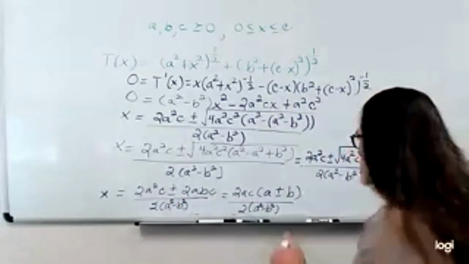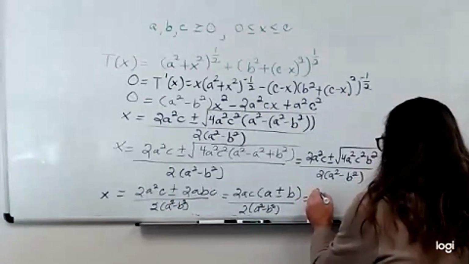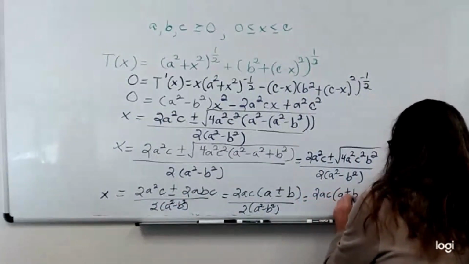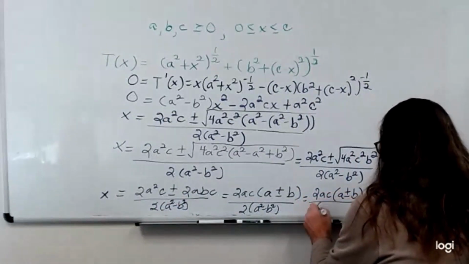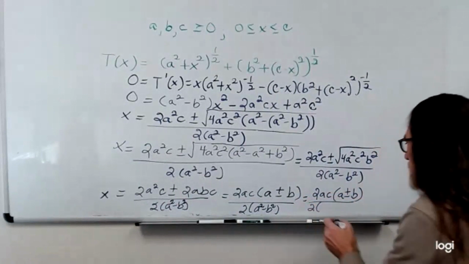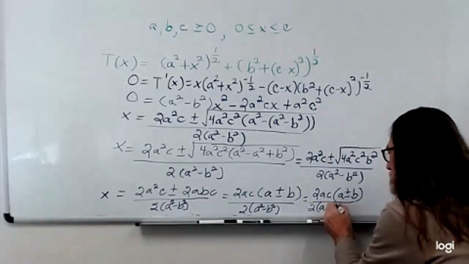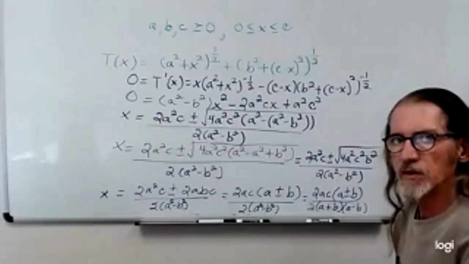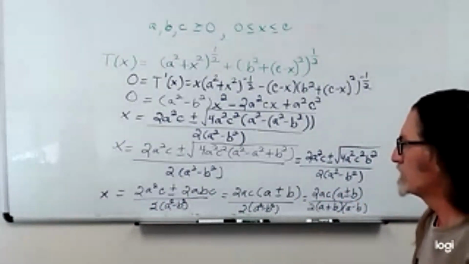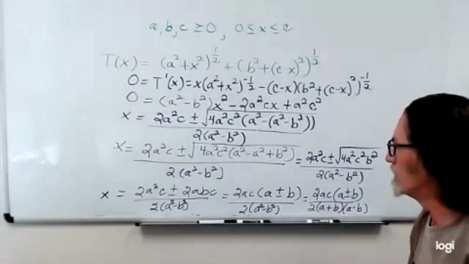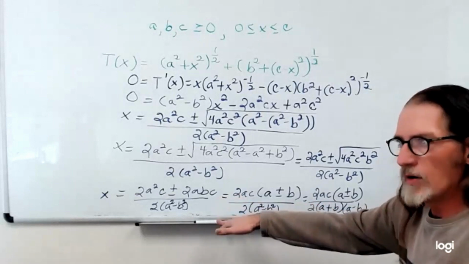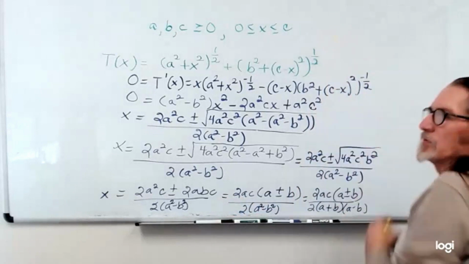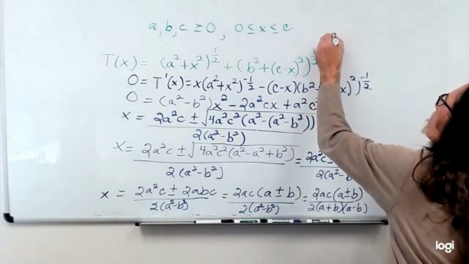I'm going to factor in the denominator by the difference of squares. Now, I haven't mentioned it yet, but a squared minus b squared cannot equal 0. Of course, the 2 is not 0, so we're not worried about dividing by 0 there. But if a plus b were equal to 0,